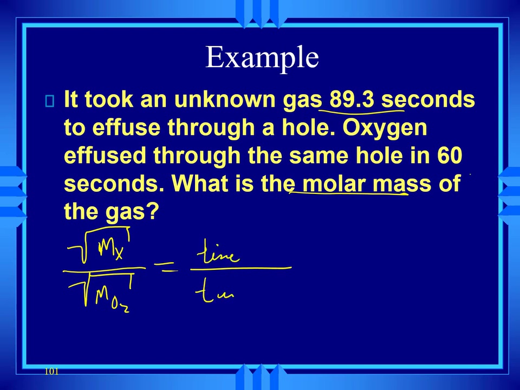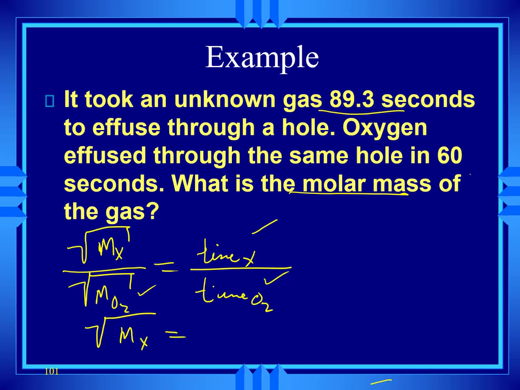I got 2 times, I got to compare the 2 times, and time was direct or inverse. Well, if it's heavier, it's going to move slower, so it's going to take more time. Heavier is more time, more mass is more time, so that makes it direct. And I have 3 of these numbers. I got the time for the unknown, I got the time for O2, and I know the molar mass of O2. So I can solve this so that the square root of the molar mass of X is equal to